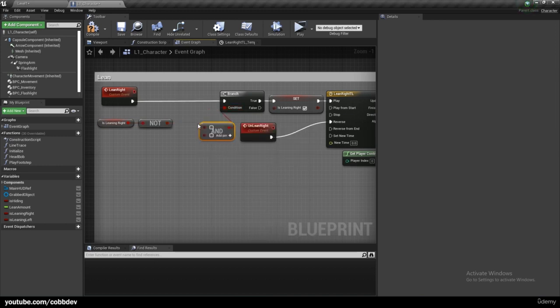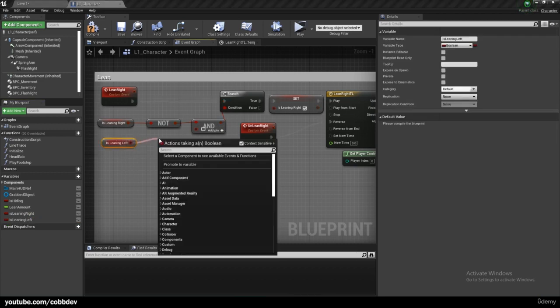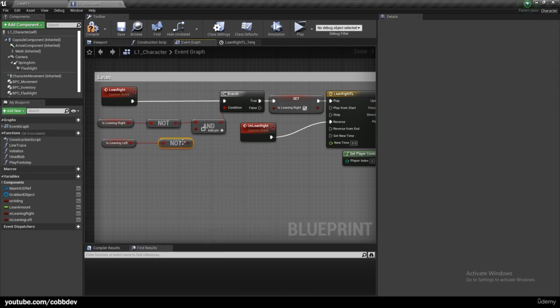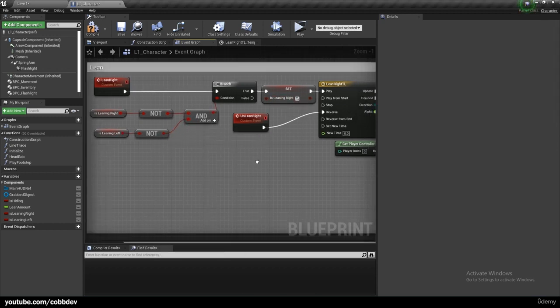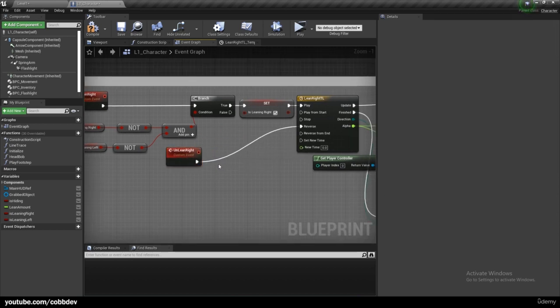So and not leaning right and not leaning left. Perfect. And then we set is leaning right to true,